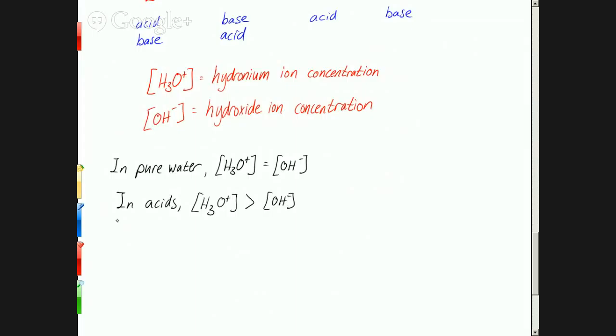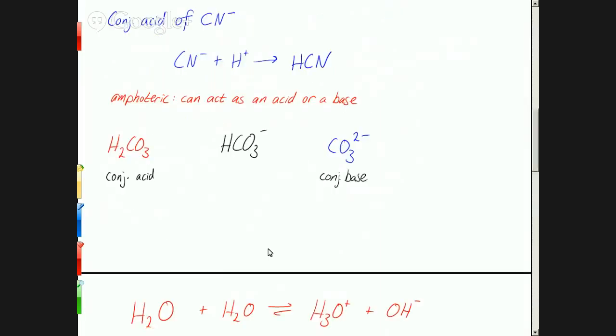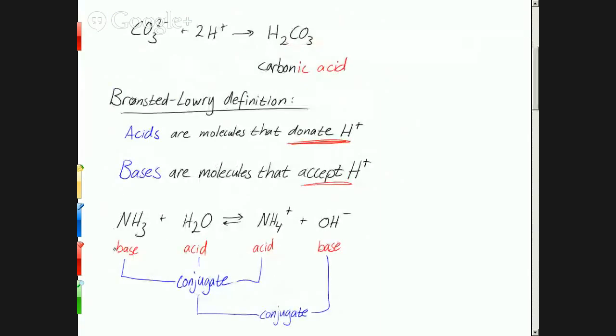So then in bases, it's just the opposite. In bases, the hydronium ion concentration is less than the hydroxide ion concentration. Now, most bases that we talk about are hydroxide salts: sodium hydroxide, calcium hydroxide, lithium hydroxide. So if you put a hydroxide something into water, of course there's going to be more hydroxide in there. So that's where that comes from. Even bases that don't have hydroxides in them, like ammonia, when they react with water, they form that hydroxide, and